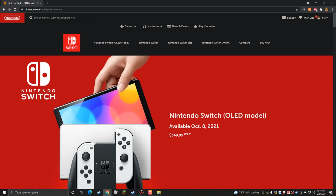And I did do a little bit of other research because there were a few questions that I had. One being, is there going to be any processor bump? Like I said, this is not a Switch Pro. This is not going to be, from what I can tell, any sort of major processor enhancement. I know even on the current Switch, some of the games have a little bit of an issue running at a steady frame rate. So I was hoping it would be like when they upgraded one of the 3DS models and they added that model with the little second analog nub, where they increased the processor just a little bit and they would say, oh, well, this game runs better on this new DS, but you can still run it on the original. That's sort of what I was hoping for this OLED model,